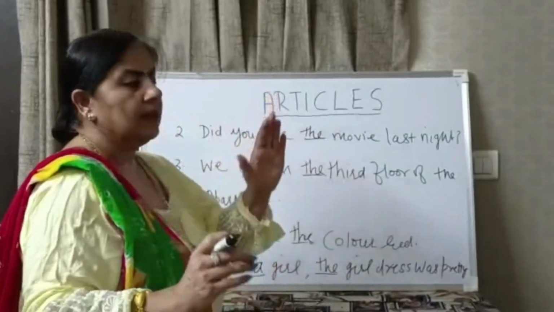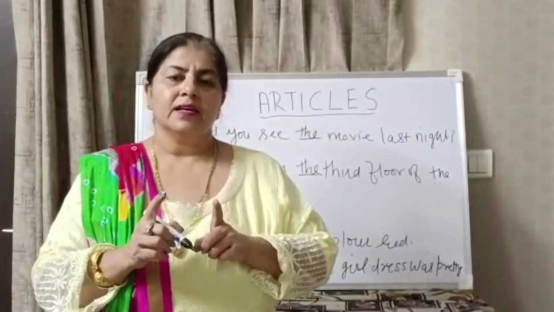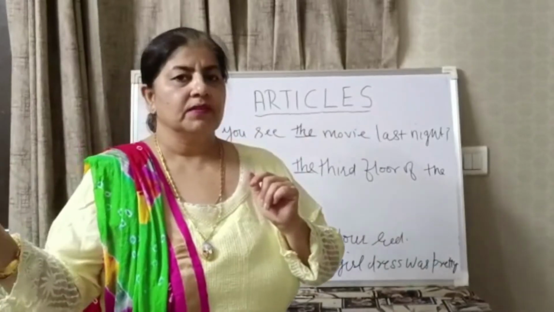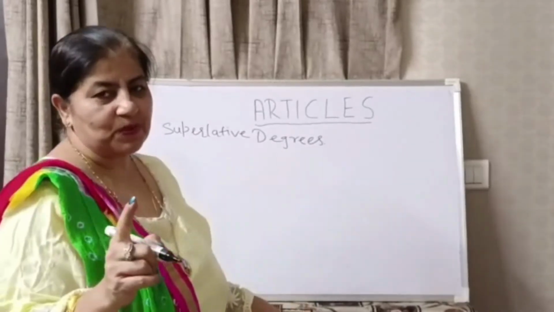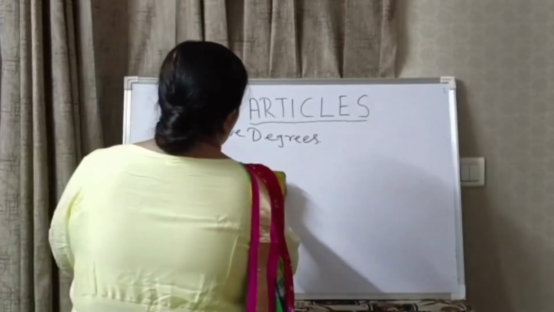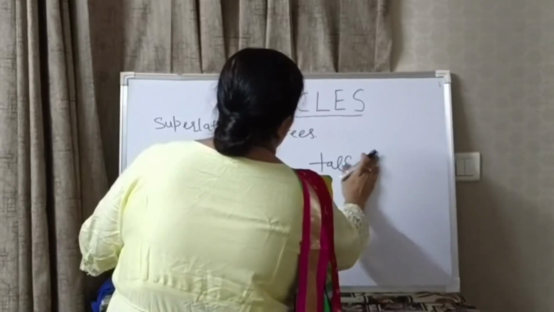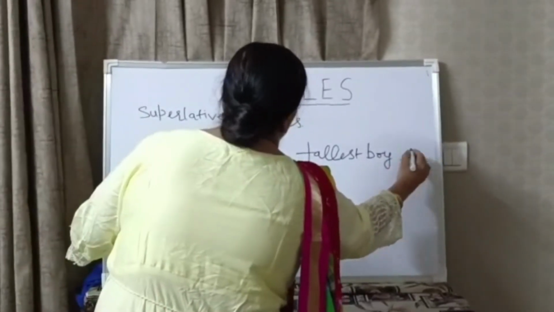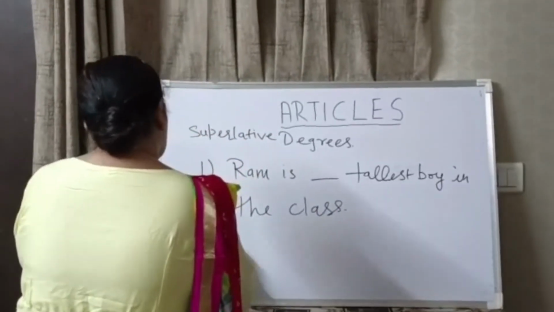So what we see in these articles, definite and indefinite articles, which we discussed, a, an and the, and moreover, we will discuss the superlative degrees. The is also used with the superlative degrees, like Ram is the tallest boy in the class. Ram is the tallest boy in the class. Seema is the shortest girl in the